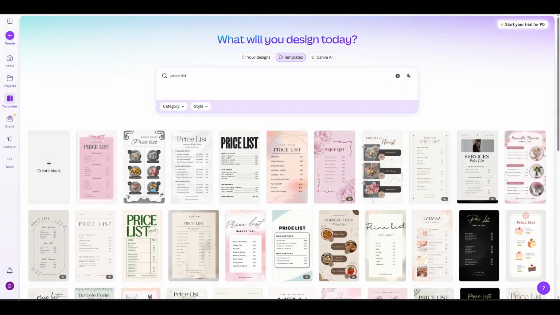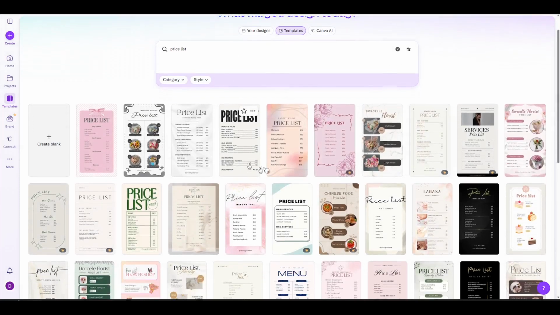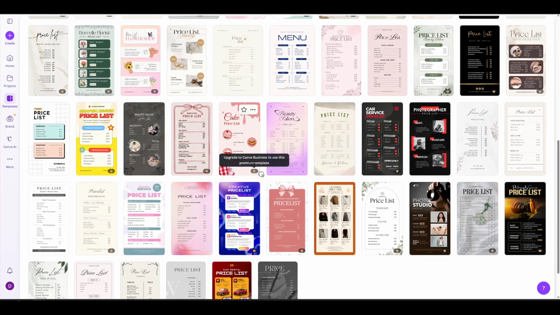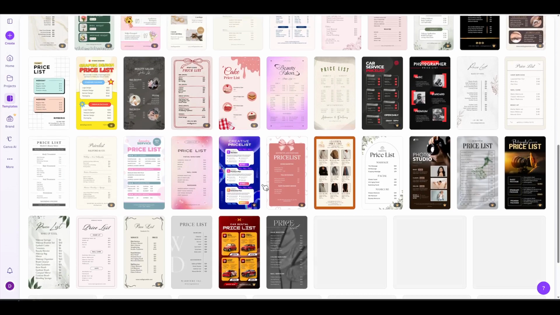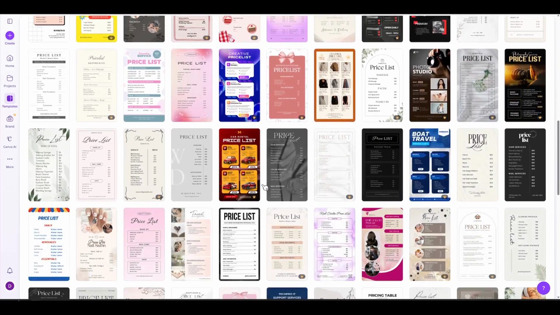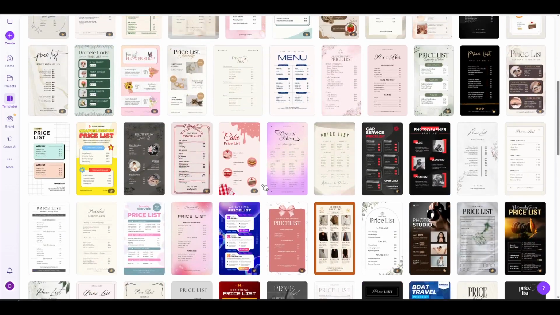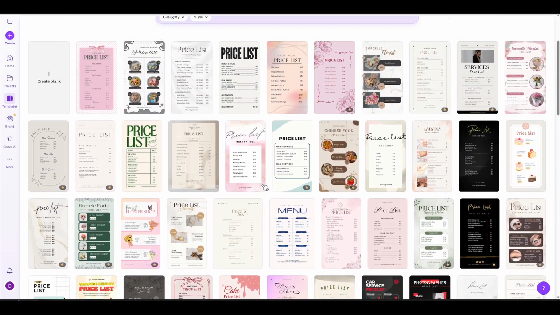Take a moment to scroll and preview a few options. Think about the vibe you're going for. Do you want something simple and elegant or something more eye-catching? Also, consider the format that fits your needs, like portrait or landscape, especially if you'll be sharing it digitally or printing it later. Some templates may be marked as premium, while many are free,